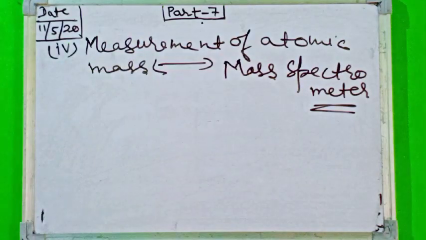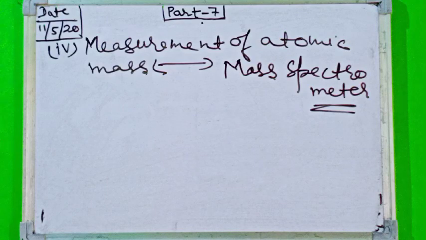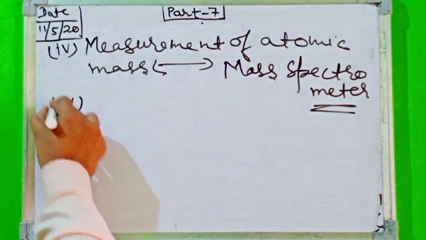So the mass spectrometer is a technique used for the measurement of atomic masses, and here light is used. Something like a spectrum is observed, and by the help of that spectrum, the mass of the object can be estimated or determined. Now the last one is